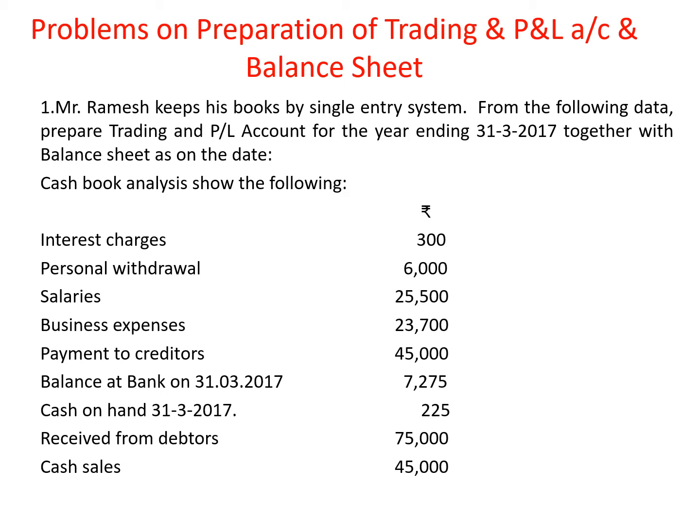Next is cash sales 45,000. This cash sales of 45,000 we will have to take in the cash account. Two places for cash sales. One place is cash account. The other one is, you should remember, this was explained in the adjustment towards trading account. So in the trading account, credit side we take by sales. There we will add cash sales as well as credit sales. So this will go to trading account and cash account. One is cash account, the other place is trading account.